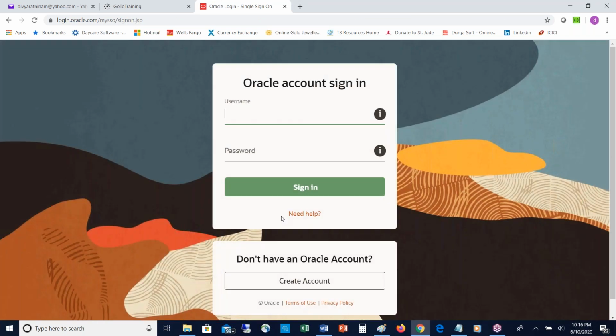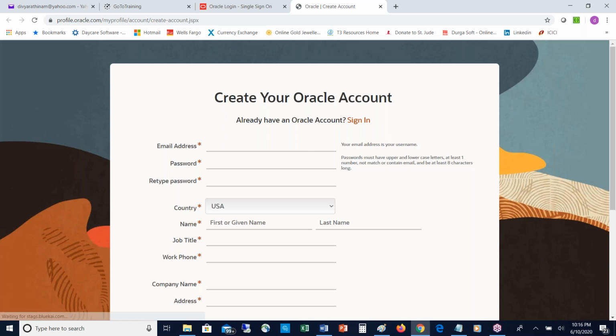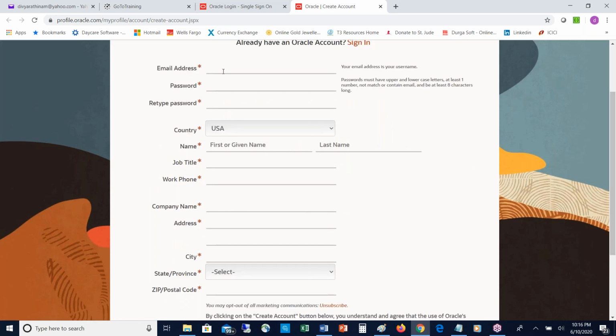So it is asking for an account to log in. I think you don't have an Oracle account to log in and download, so you must create an account in Oracle. Just click on create account. If you have an account, directly log in. Otherwise, just create it. It is asking to fill all the mandatory fields, including the email address.